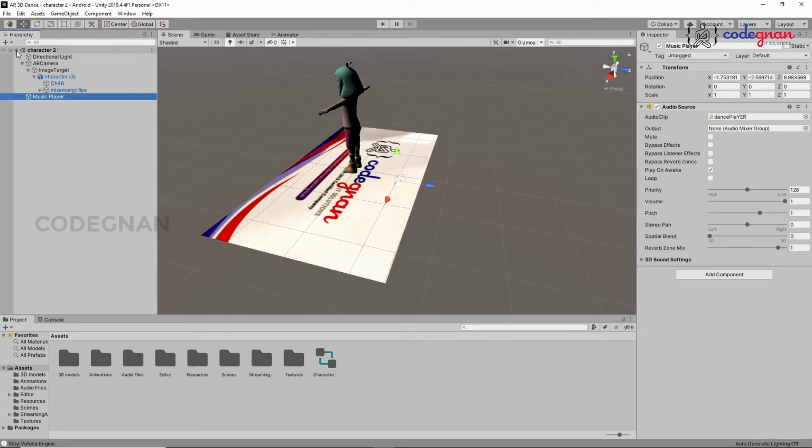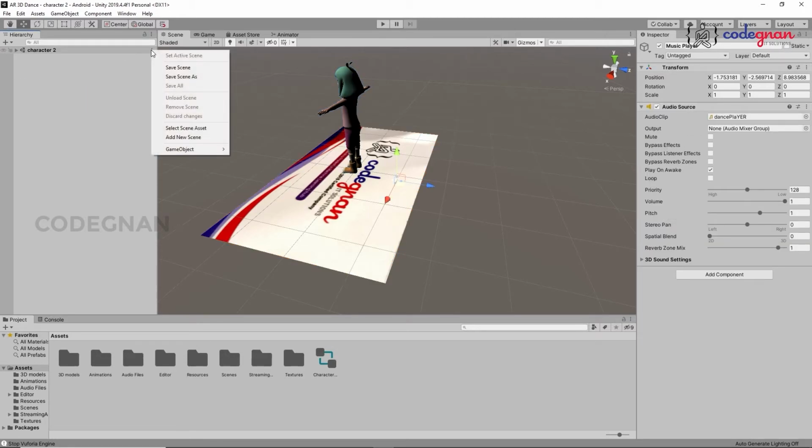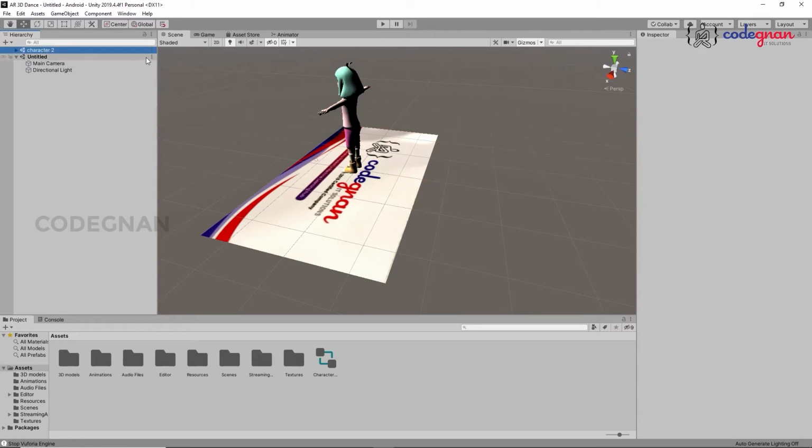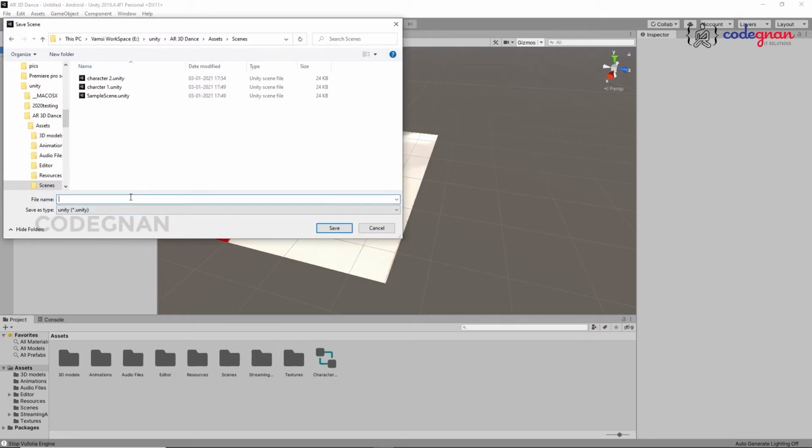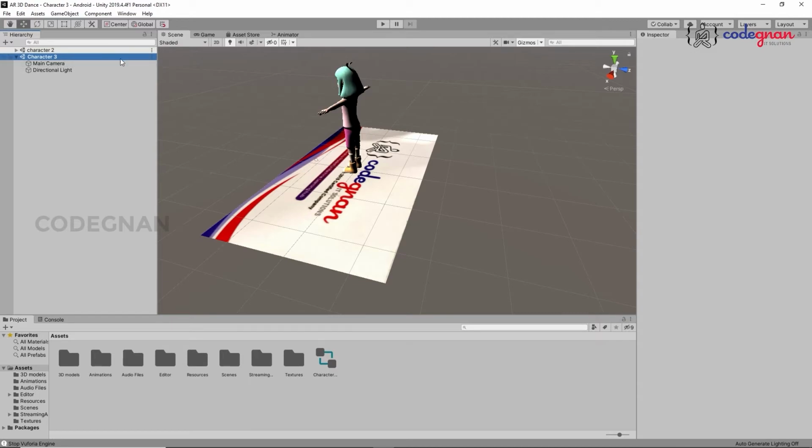Now again create one more scene, called add new scene, and save it as what we are saving now, character 3, right? Character 3 done. Here I can delete the main camera and enable the AR camera.